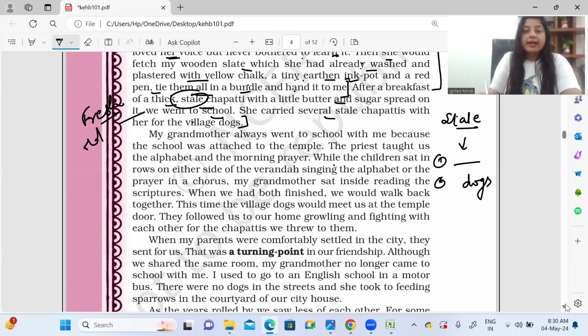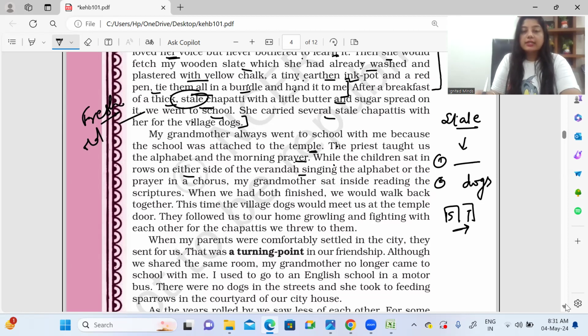My grandmother always went to school with me because the school was attached to the temple. So suppose this is the school and this is the temple, they were almost near. They were not completely attached, but they were near. So when the narrator used to go to school, the grandmother used to go to the temple, so they both accompanied each other. The priest taught us the alphabet and the morning prayer, while the children sat in rows